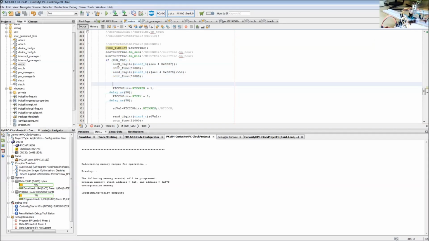What's happening here is I have this send digit, and the send digit is basically where we're getting our 8 and our 5 from that you're seeing. And then what I'm doing is these are the registers. So basically I'm supposed to write this RTC write enable, and it's kind of a protect bit. You have to set that to 1 for you to then program or enable or write the other registers, supposedly,